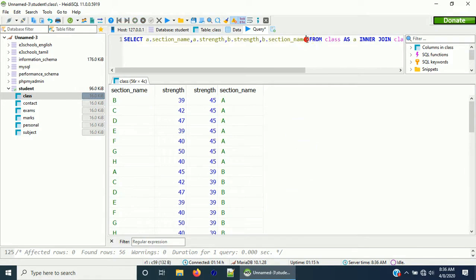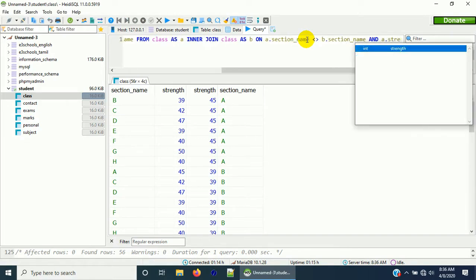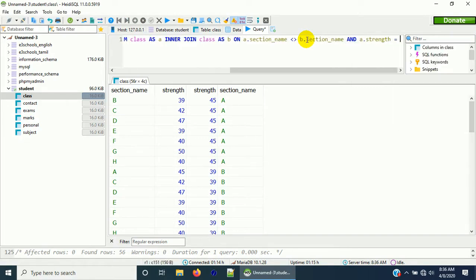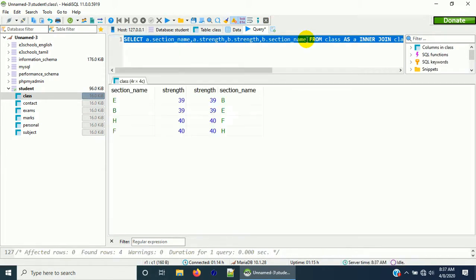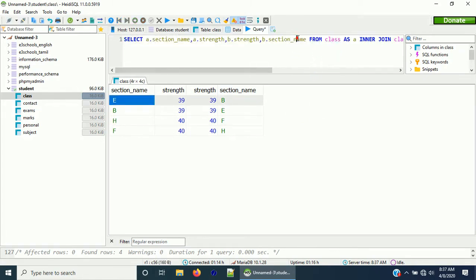And let us have one more condition: A dot strength equal to B dot strength. So equal strength is displayed here. So possibly H section and F section will have one game, and E and B will have one game. So 4 games are already allotted now. The rest of the things we can calculate by